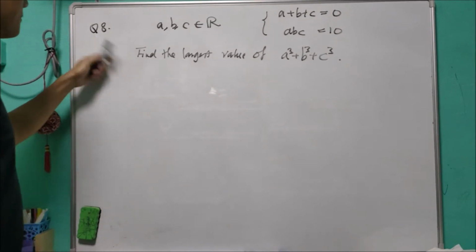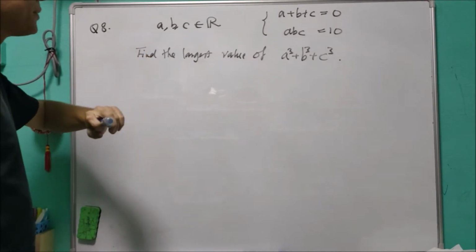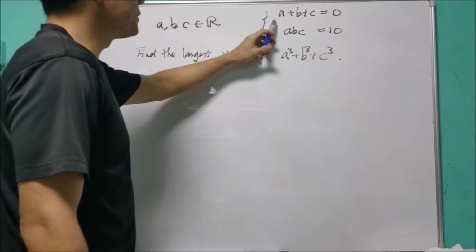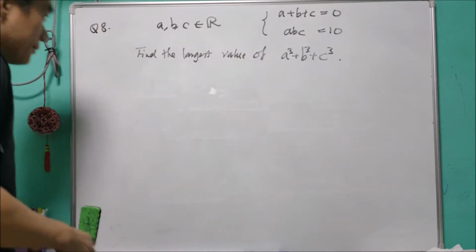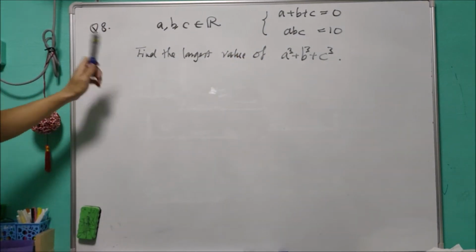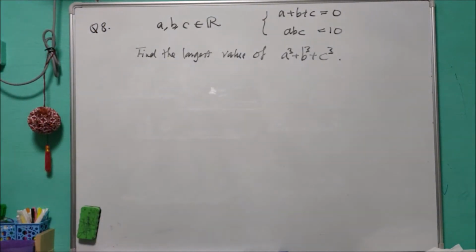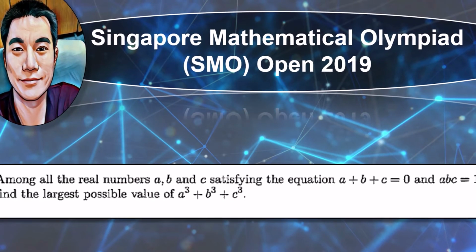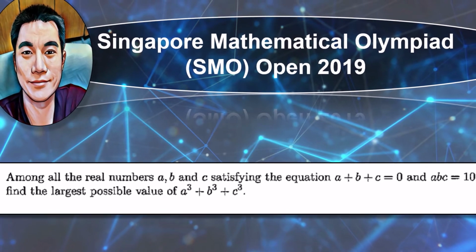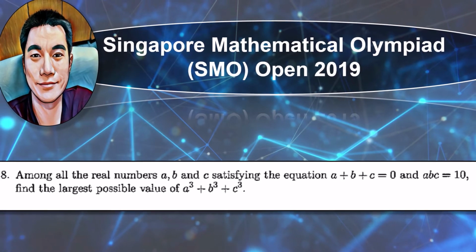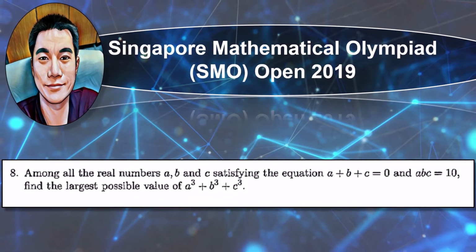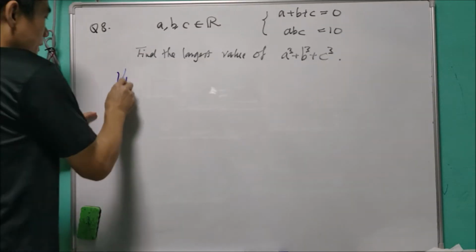This is question 8. Given that A, B, C are real numbers such that the sum of them equals 0 and the product equals 10, you are asked to find the largest value of the sum of the cubes. Using Vieta's formula,